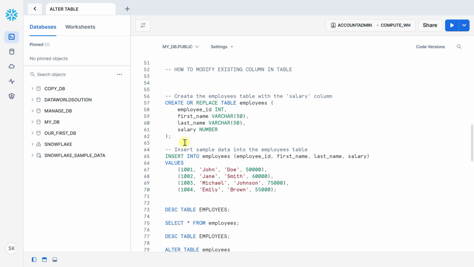In this video, we will learn how to modify an existing column in a table. In the previous video, we already discussed how to create a table and how to add a new column in an existing